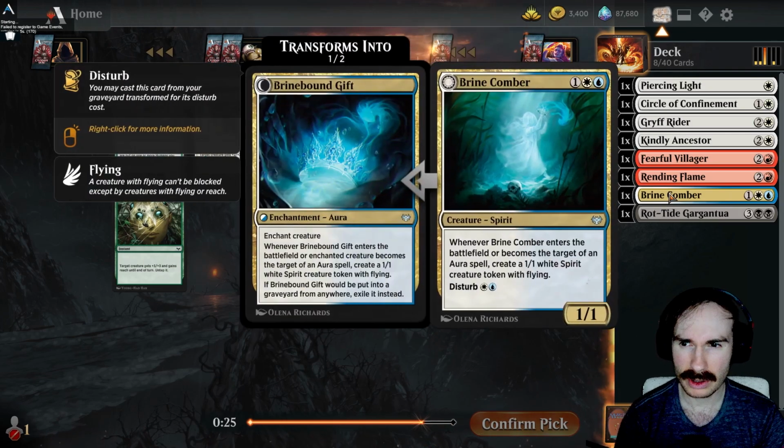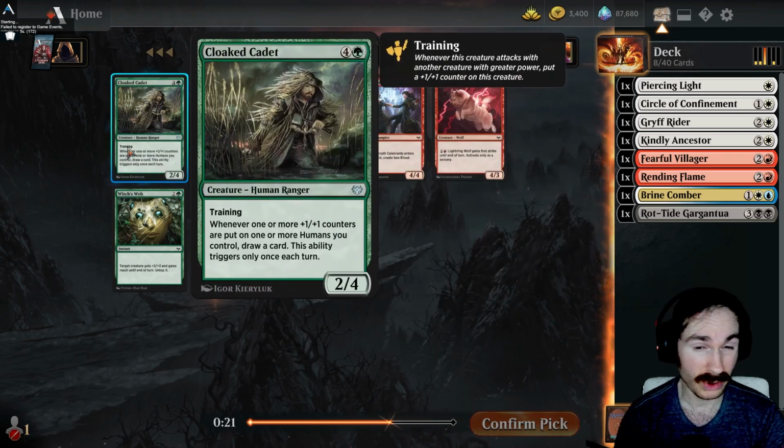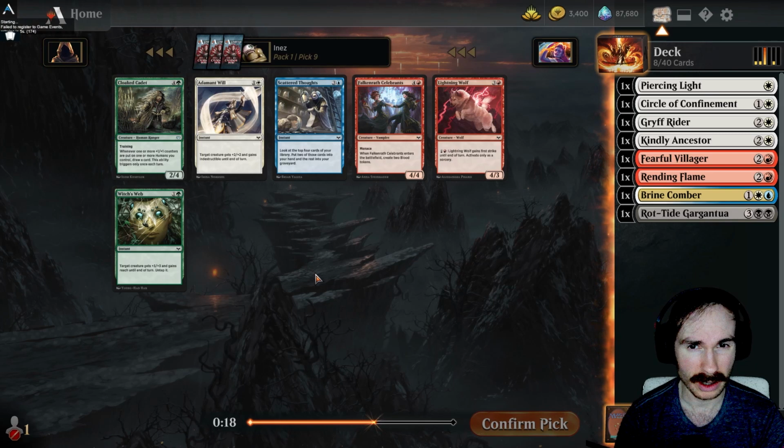Well, we can take Scattered Thoughts. It keeps us in line with Braincomber. Cloak Cadet is probably the strongest card. I mean, it just draws you cards. Great card. Celebrant's in here in red if we wanted to maybe ditch out on the...